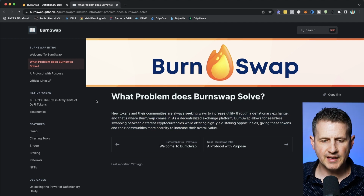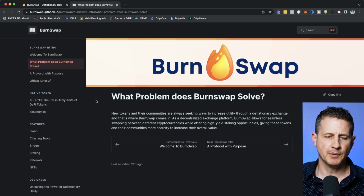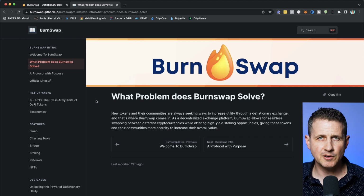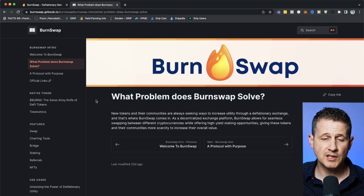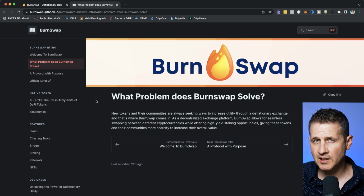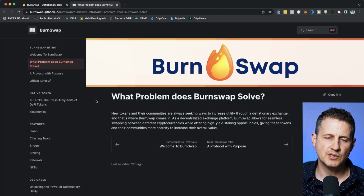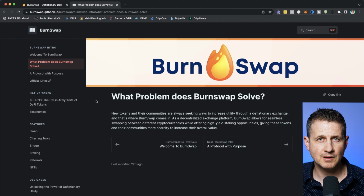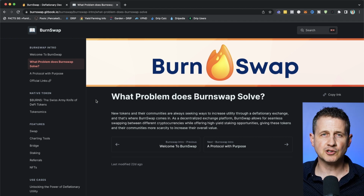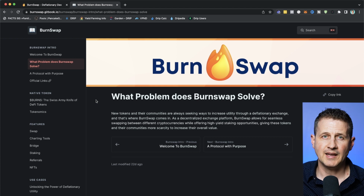Now, apart from the actual utility of burning tokens that BurnSwap is centered on, and that's one of the key offerings that they have, they also have their own token called the Burns token. So the way I see it, there are two different ways of looking at this. There's the utility function of it, where people are going to utilize this to burn tokens, and maybe even projects are going to recommend BurnSwap to their communities, because that way it's going to decrease the supply of their tokens by people using BurnSwap. The second thing is going to be people that are actually invested into BurnSwap and invested